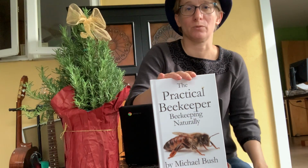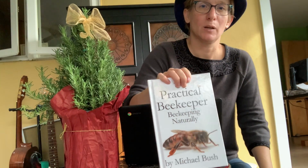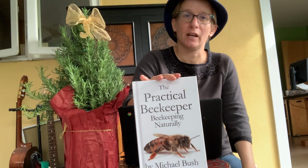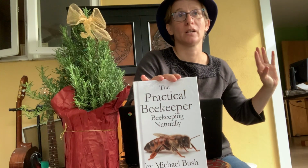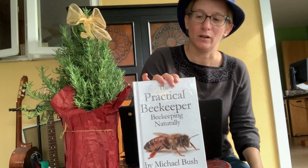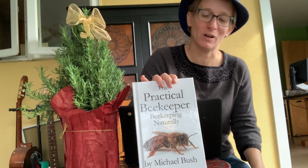again, if you're someone who likes to read a lot. This is Practical Beekeeping by Michael Bush. Now, he does have a sort of natural beekeeping, non-treatment, what he calls lazy beekeeping way of approaching things, but you know what, he's just a heck